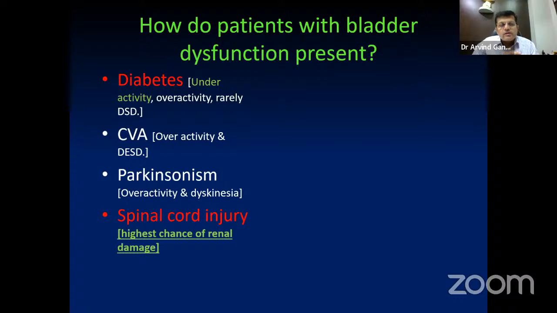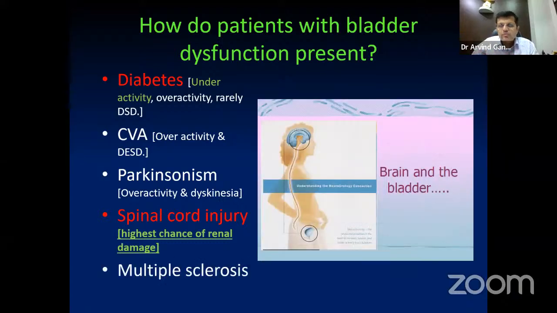Finally, how do spinal cord injury patients commonly present? They commonly present with renal deterioration. Most of the patients will present to you late because those poor patients really don't realize when the upper tract gets affected. Most commonly it is because of the poor compliance of the bladder, that the bladder becomes very poorly compliant and the same pressures are transmitted to the upper tract.